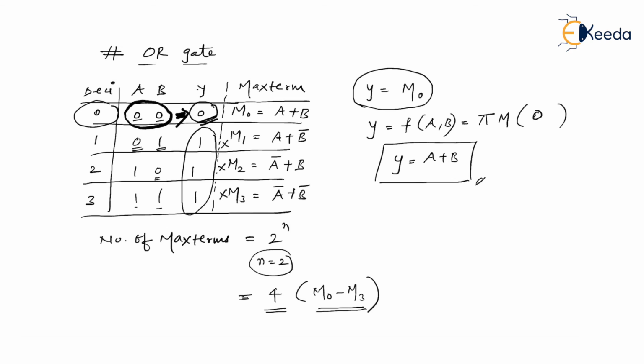So this is regarding the minterm and maxterm concept. Please remember, minterms are nothing but the combination of input which results in logic 1. Maxterms are nothing but combination of inputs in such a way that it results in logic 0. Minterms are written in the form of product. Maxterms are expressed in the form of sum. Minterm at the end gives you SOP expression. Maxterm gives you POS expression. I hope you are clear with that. Please don't forget, minterms are denoted with small letter m and maxterms are denoted by capital letter M.